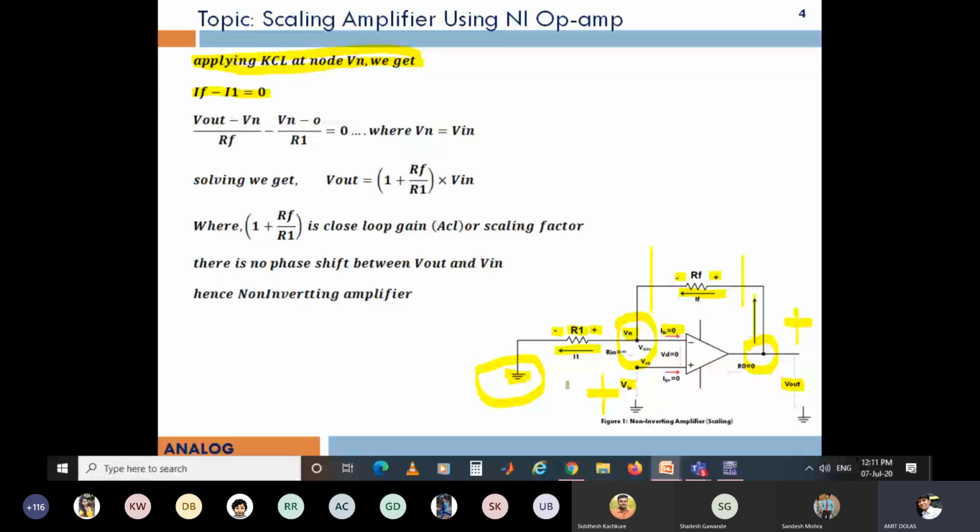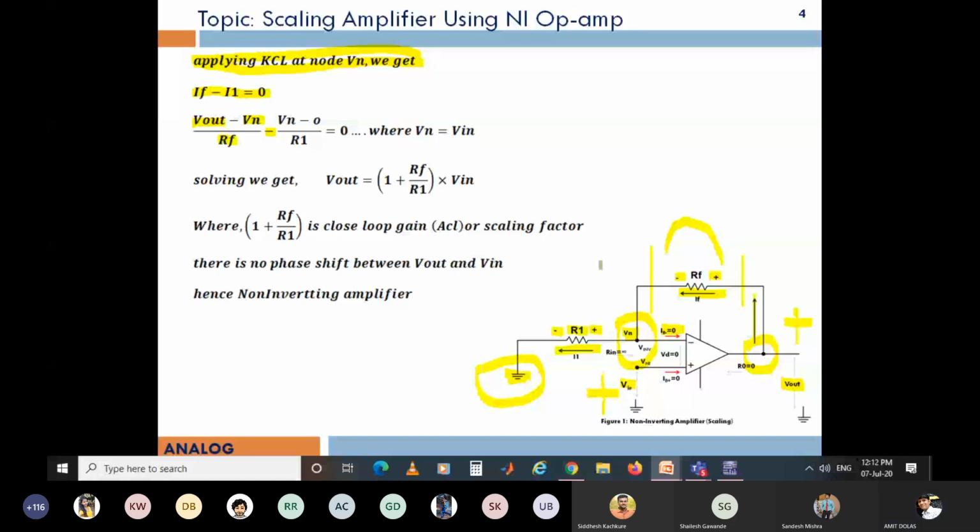This end of the resistance is at potential Vn, node voltage Vn. So I wrote output voltage minus node voltage Vn, which is the voltage developed across resistance Rf, divided by Rf, which is the current through the Rf, minus the current through R1, can be written